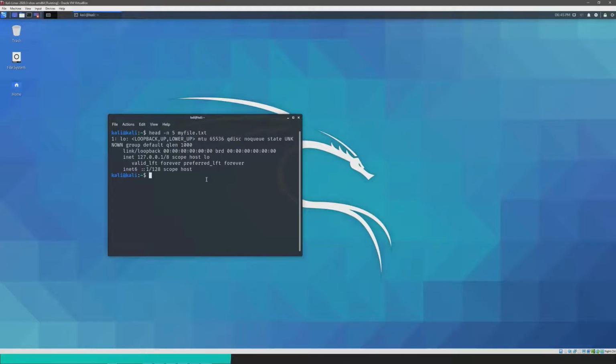Now, another thing that you can do is also pipe. Like we mentioned before, you can pipe the output of certain commands to a command on the right-hand side. So you can also use head as well. Let's say I wanted to pipe the output of ls -la to head, because let's say, for example, I only wanted to see the first 10 lines of this output.